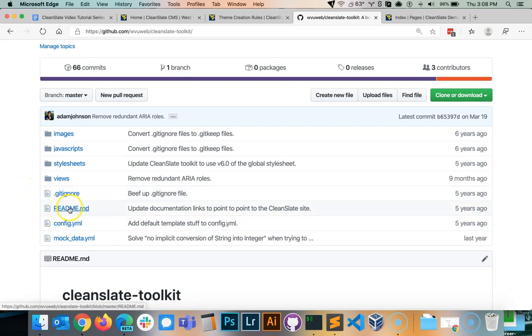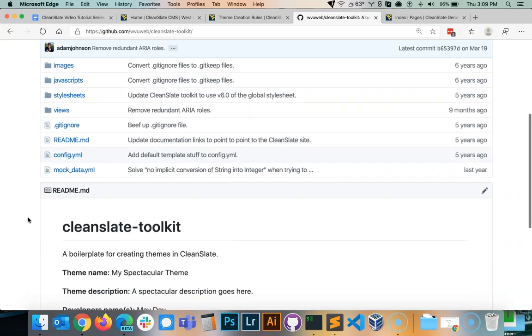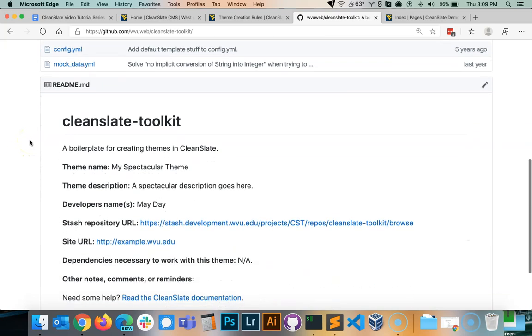There's a README file, which we'll talk about here in a minute. There's the config.yml file, and there's our mockdata.yml file. We will talk more about this mockdata file later when we go into our series about Hammer and the Hammer virtual machine. Now, to come back up to our README file, a README file is a recommended file for CleanSlate